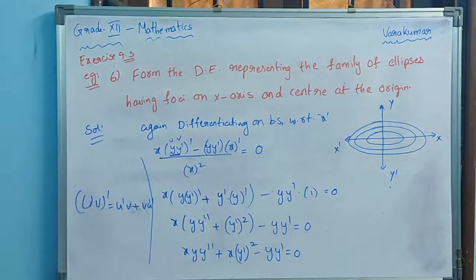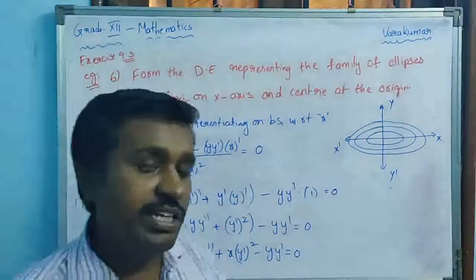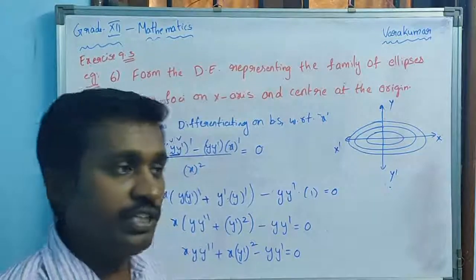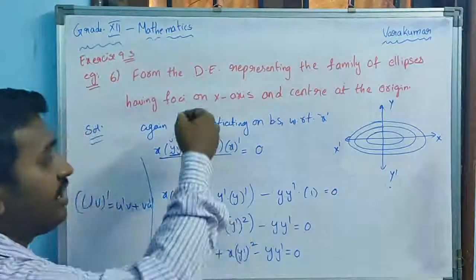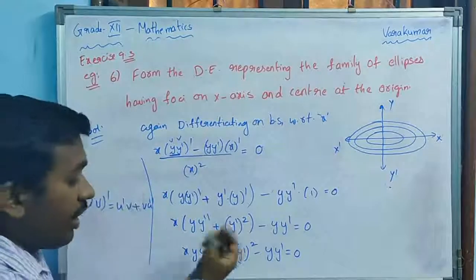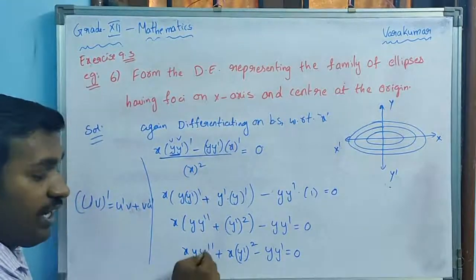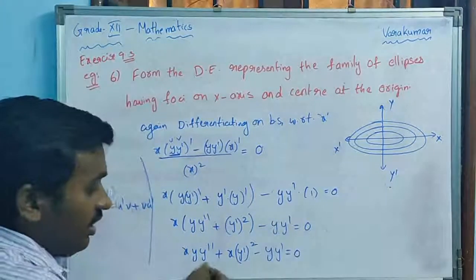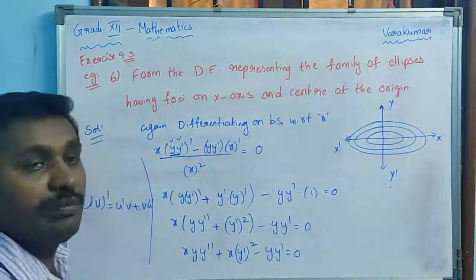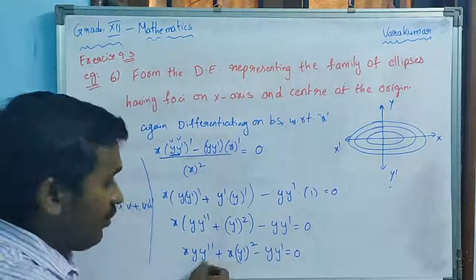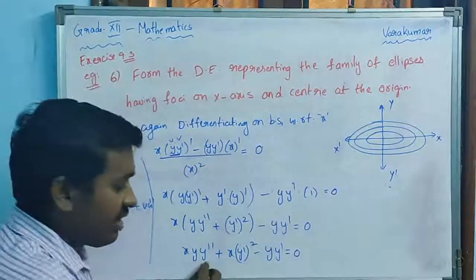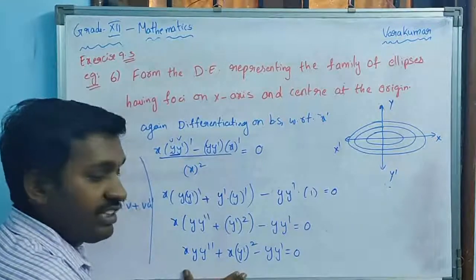Did you understand? So what is the general equation we have taken? x square by a square plus y square by b square equal to 1. There are two arbitrary constants a and b. So by eliminating them, differentiating 2 times, I got the equation finally x y double dash plus x y dash whole square minus y dash equals 0. If you see, the highest order will be y double dash. Highest order y double dash. So the order of this equation is 2. So the highest term is y double dash. So the order of this differential equation